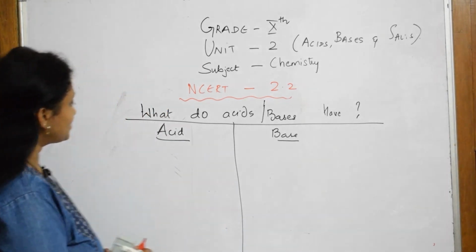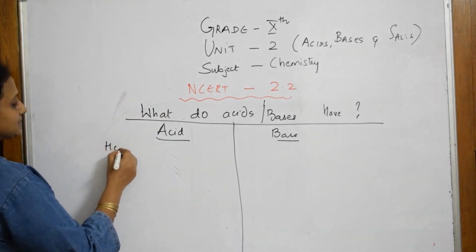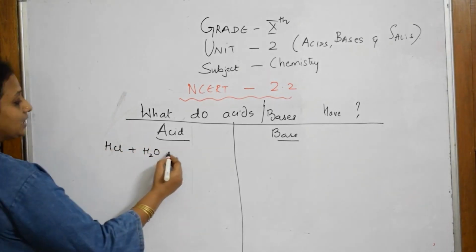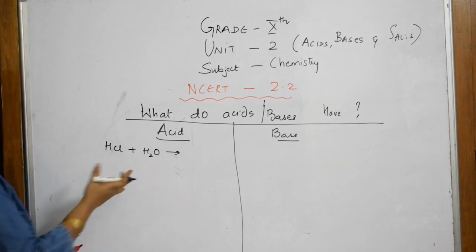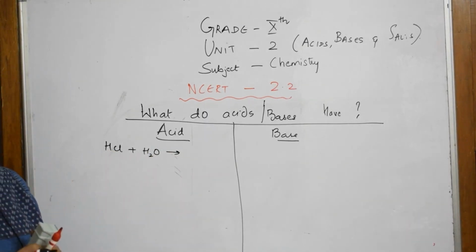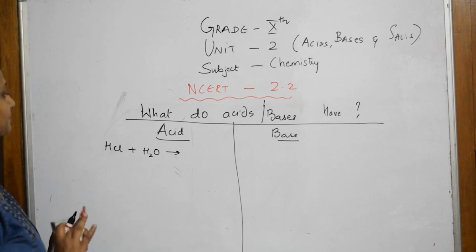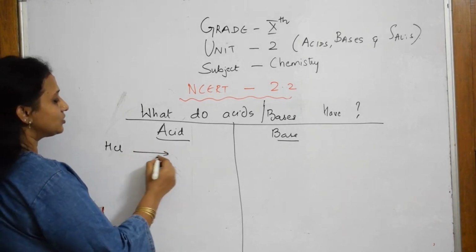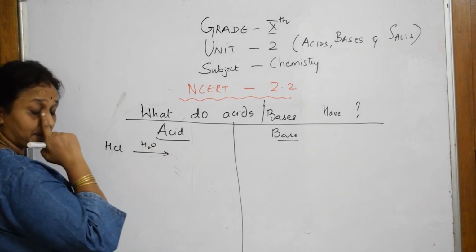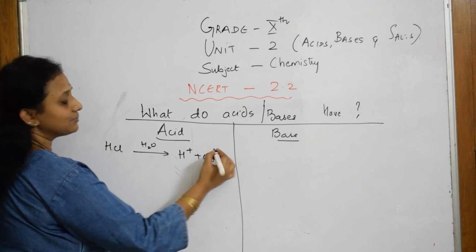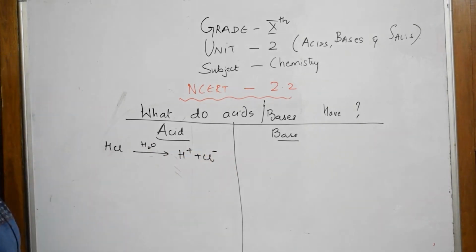We'll see. Suppose if I take HCl as an acid, I dissolve it in water. What will I get? When you dissolve an acid into water, it will immediately break up into two different ions. First thing, right? So here this water is a part of it. Let us write on the arrow, it is dissolved in water. It will break up into two ions, H plus ion and Cl minus ion. Let us take one more acid,